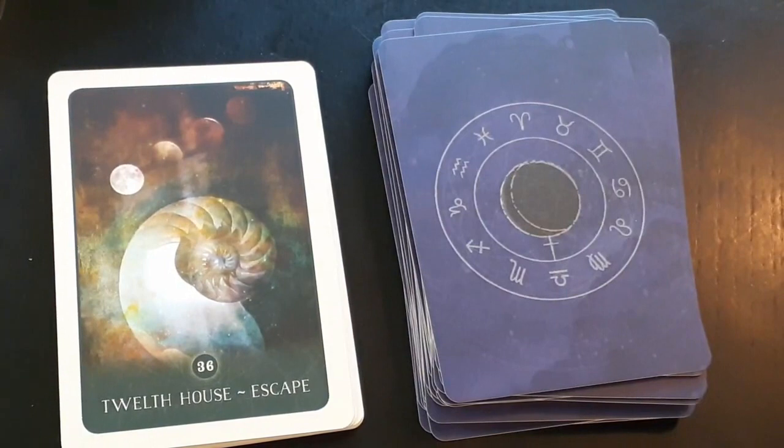Twelfth house, escape. Dissolving of boundaries, lack of definition, being under the influence of something or someone, being a victim, seeing friends as enemies and enemies as friends, not having a clear sense of things, being lost in the fog and mists, glamour, falling under a spell, sleight of hand, being led, mermaids, ocean life, beaches, leaks,